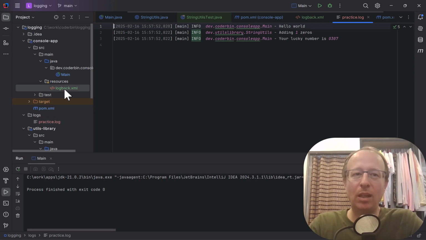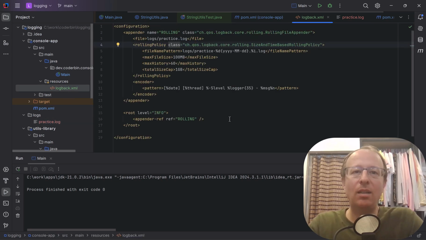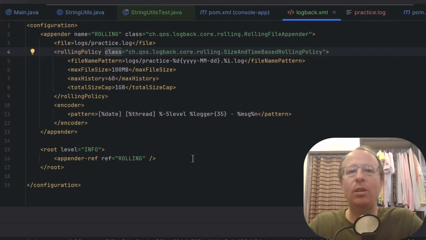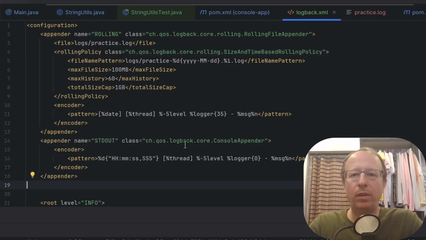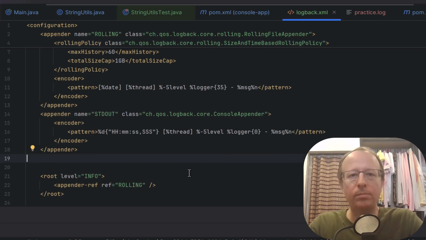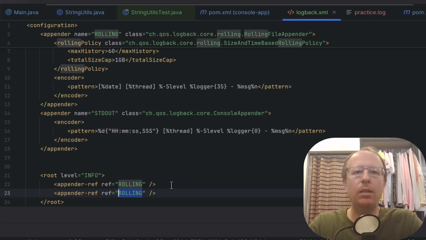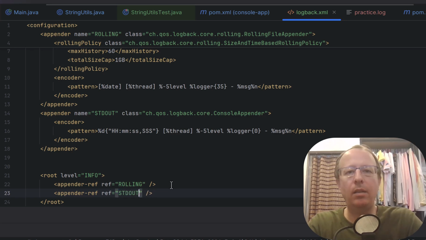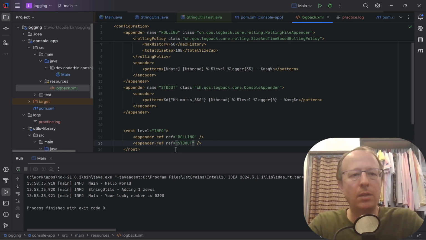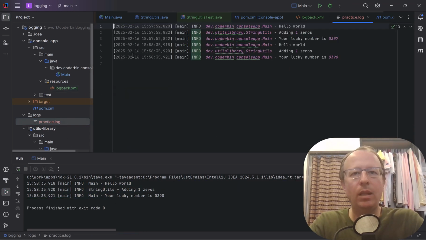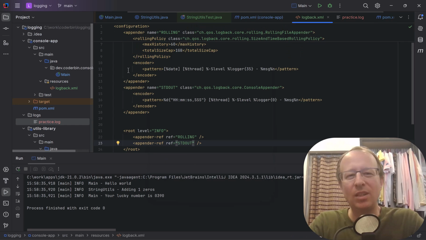So one option we have is to add another appender here which logs to the console as well. So let's paste in the config for our old console appender, and we can simply duplicate this file and say, hey, print to standard out too, please. So now it's going to print to standard out and to our log file here. However, generally we don't want to log to the console if we're logging to a file.